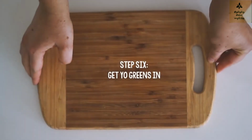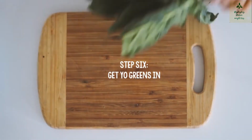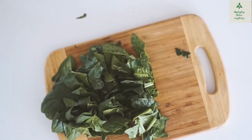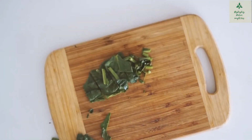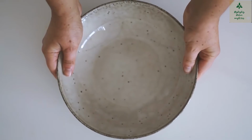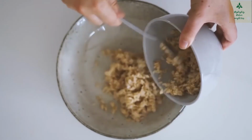Next, we are moving on to the leafy green vegetable, which I always make sure to add to my Buddha bowls. Right now I am just using a whole head of spinach and chopping this into small pieces and setting it to the side. Now comes the time to prepare our Buddha bowl and put all of this magic together,